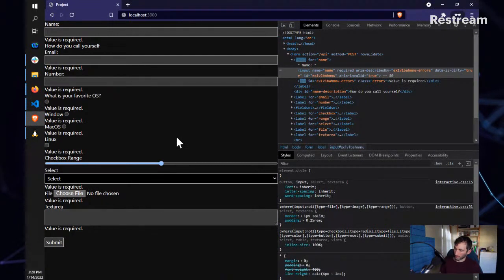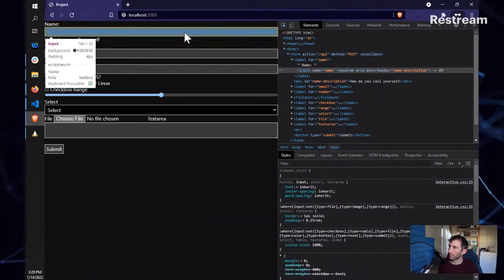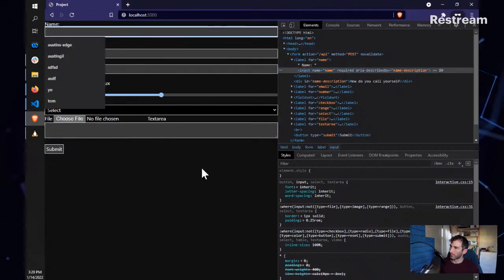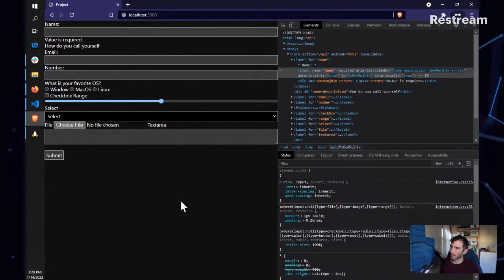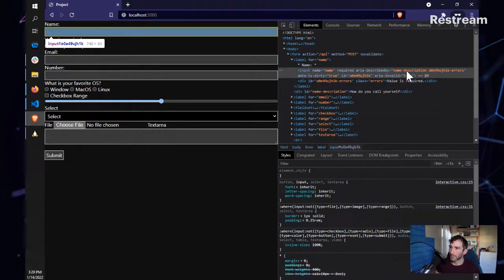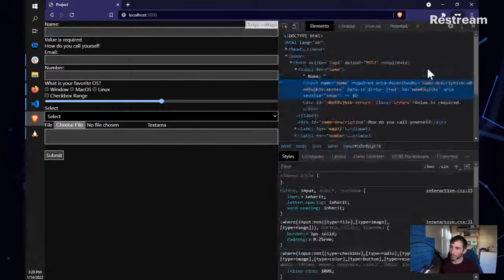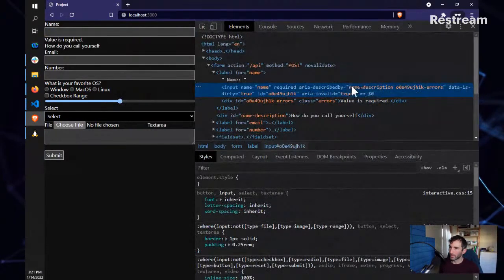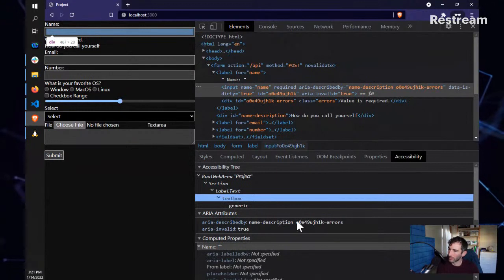All right, so let's see if that's working like we want. So now we've got this input with a previously defined aria described by attribute, and if we toggle it and blur it, it looks like our aria described by attribute is now working as intended. Instead of replacing the existing description, we are adding to it, which means if we look at our accessibility chart,